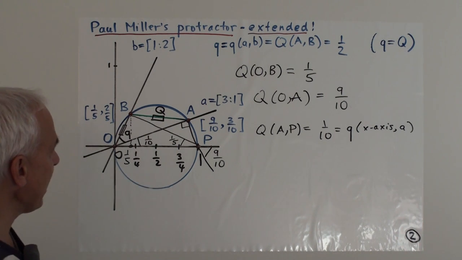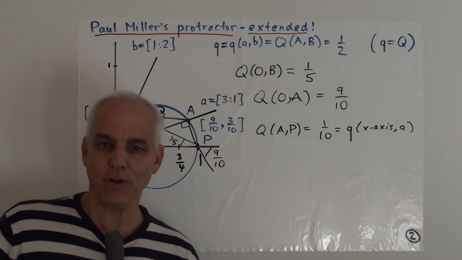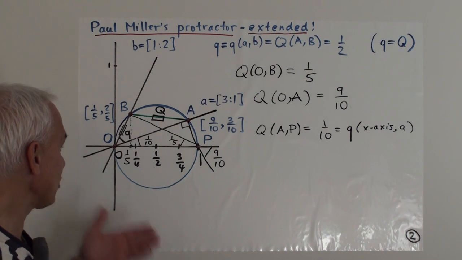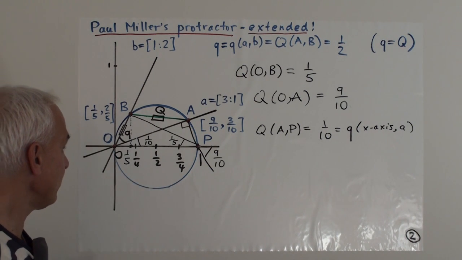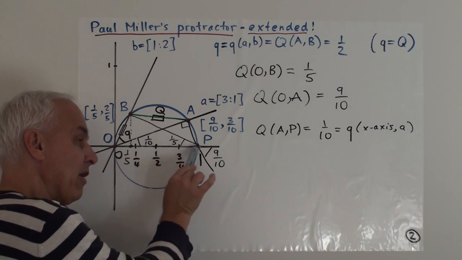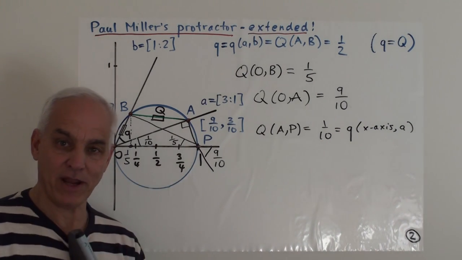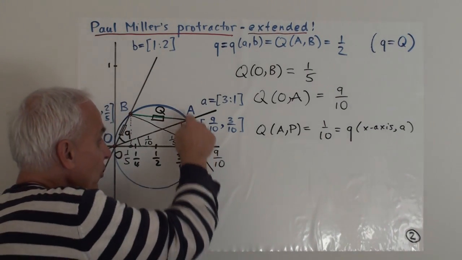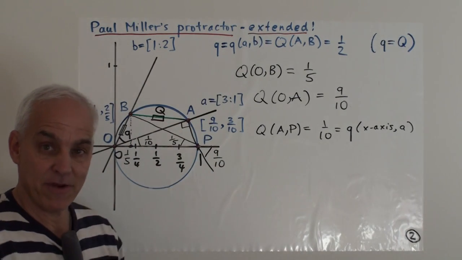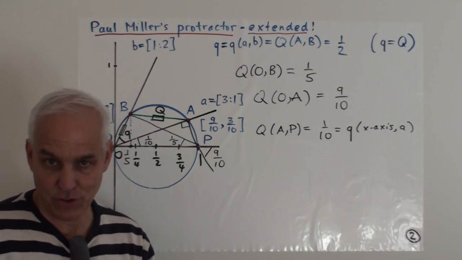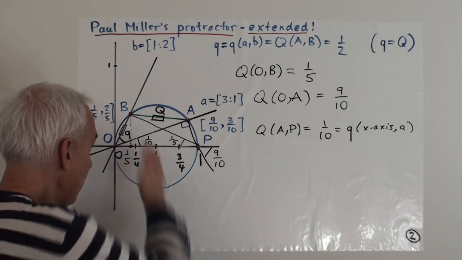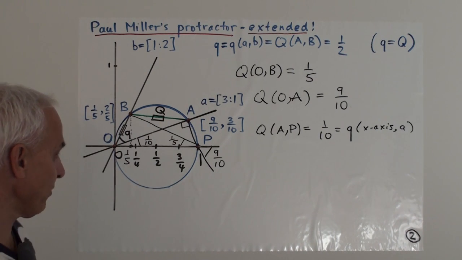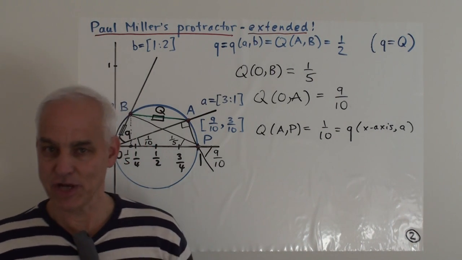All right, so some pleasant aspects of the geometry of this core circle. Paul Miller's protractor, the fact that spreads in this context are very easy to measure. All we really need is a linear scale from 0 to 1, and we can read off spreads, as long as we have this core circle in place. We need the circle, but we don't have to have the circle measured off. In particular, we don't have to have an angular measure on that circle. Just the circle as a geometrical object, together with projection down onto the x-axis, is enough to easily read off affine quadrances and also projective quadrances or spreads.